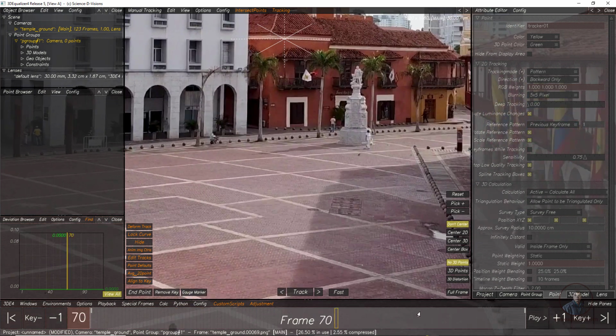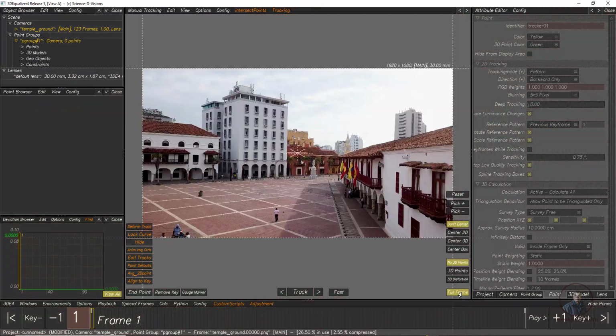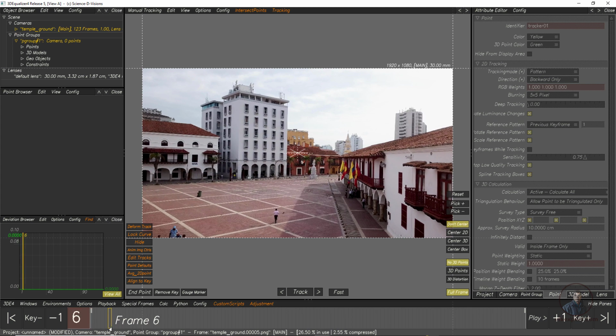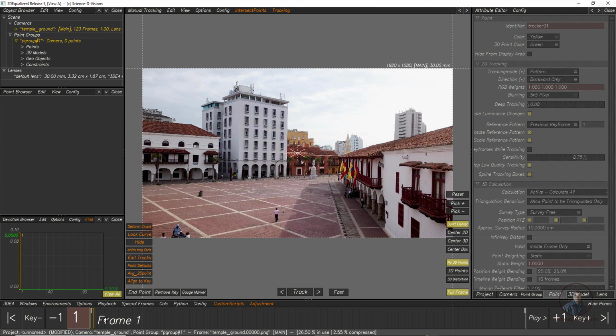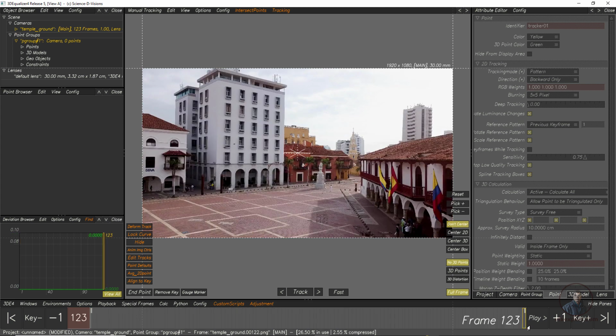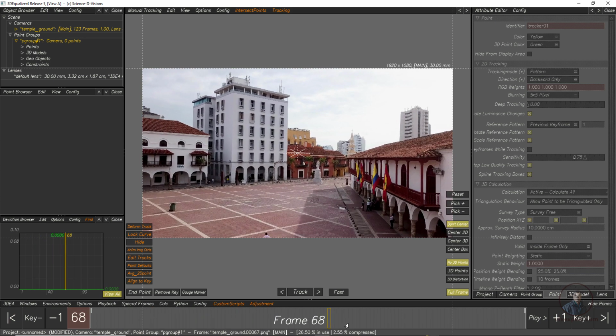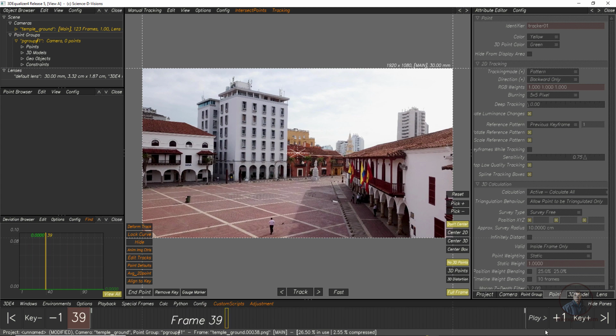Now finally I am going to track this shot, so again simply click on this full frame. One more important thing before creating your tracker is the playhead position. This is the most important thing in 3D Equalizer. Mainly there are three conditions. First, create your track point at the start of your timeline. Second, you can create it at the end. And third, in between, anywhere in the timeline except the starting frame and end frame. These are the most important states while you are going to track your shot.